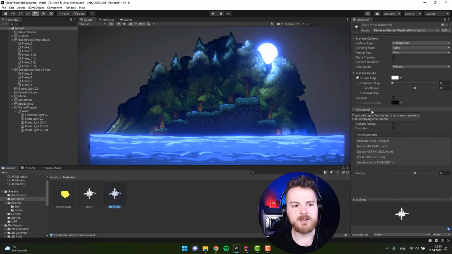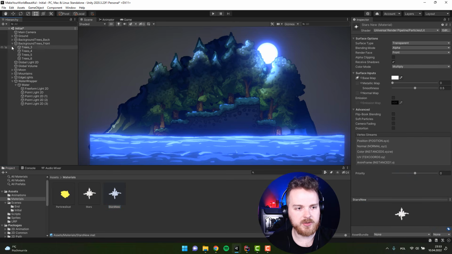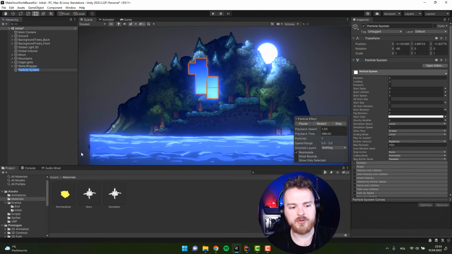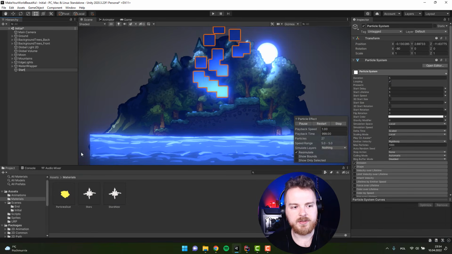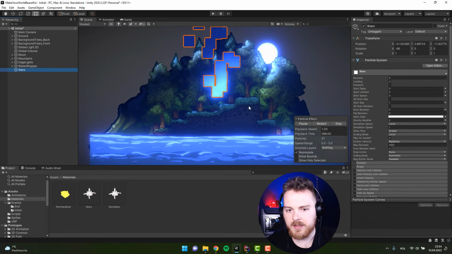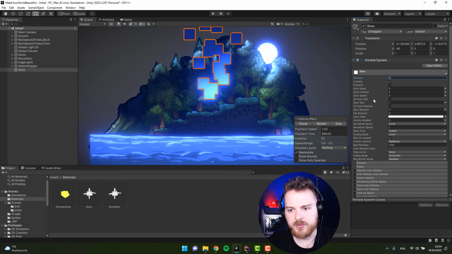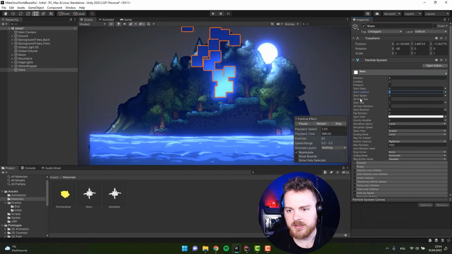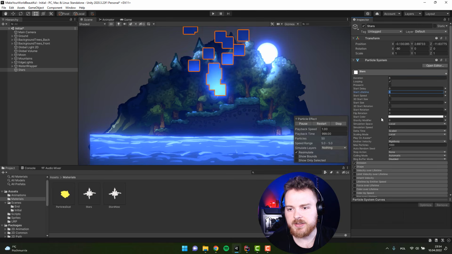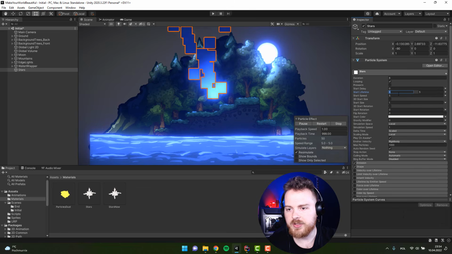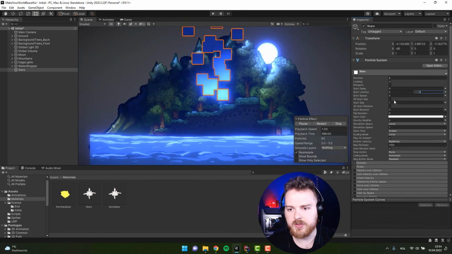Now let's create the particle effect. So let's just collapse everything and create the effects particle system and call it stars. First of all, we want to increase the duration, so I think 8 will be alright. The start lifetime, we want to be random between two constants, between 5 and 8, so the stars will have